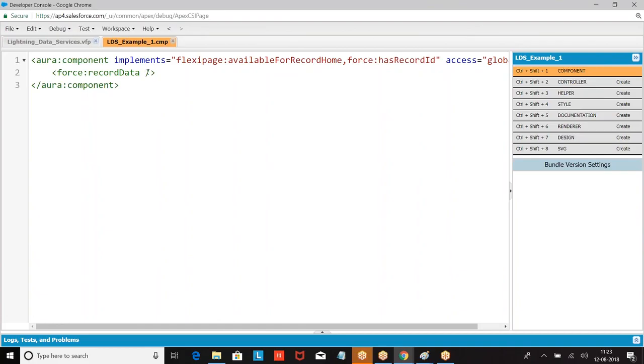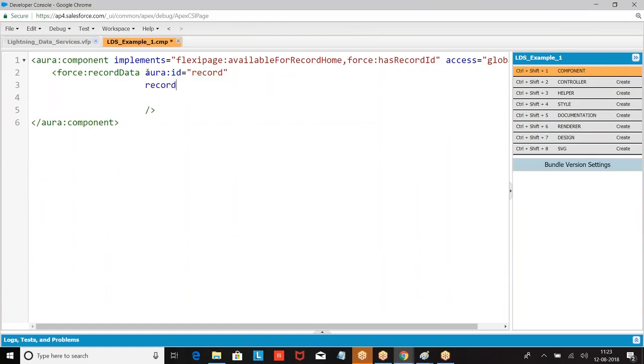Listen everyone. First one, how is this component referred? aura:id equal to, I am giving some ID, so that if I want to refer to this component using a controller, I say component.find record. That is the reason I gave the ID.